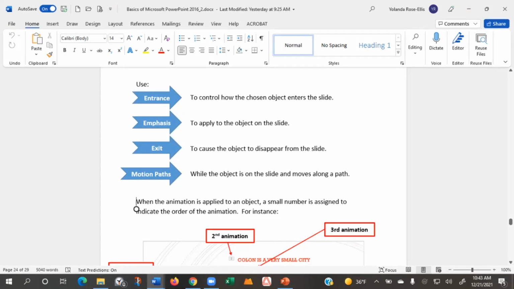Emphasis, to apply to the object on the slide. Exit, to cause the object to disappear from the slide. Motion paths, while the object is on the slide and moves along a path. When